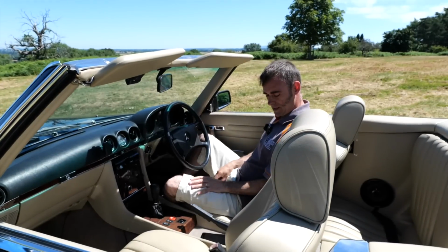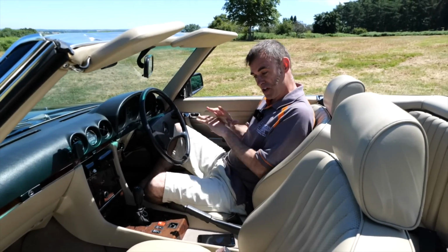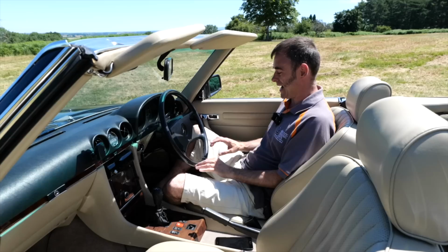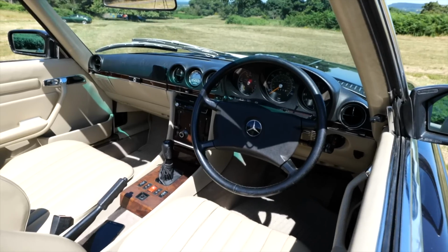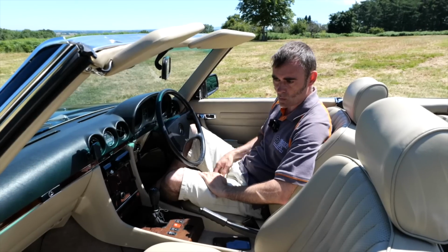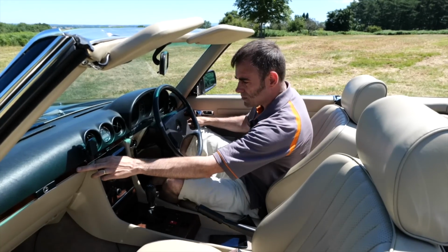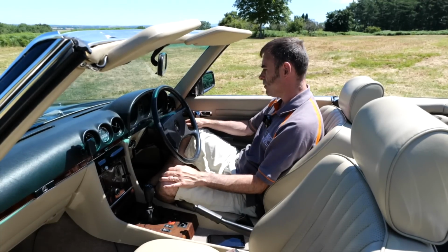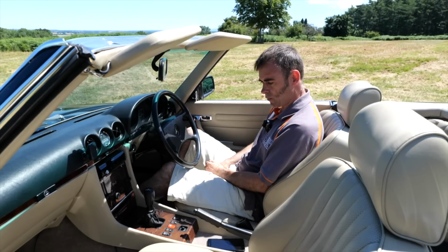So interior wise, it's pretty much as it should be in a Mercedes SL. Luxurious, full of leather with a bit of wood. So again, full interior retrim, and I think the SL shop did most of this, carpet sets and seats, door cards, etc. We did some of the small items like the wood trim around this area here, which was all cracked. But electric conversion wise, we've got